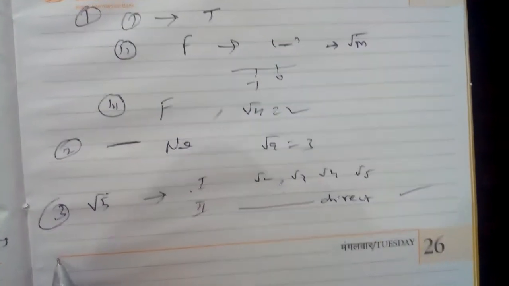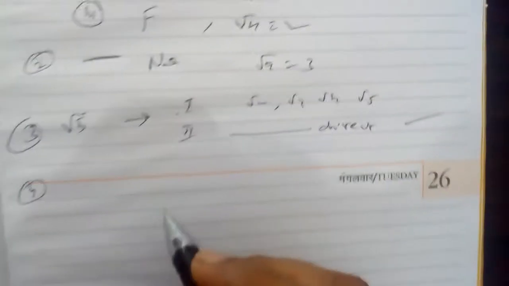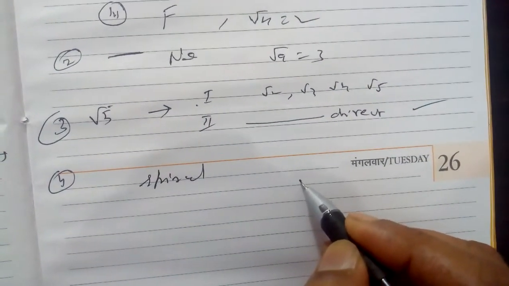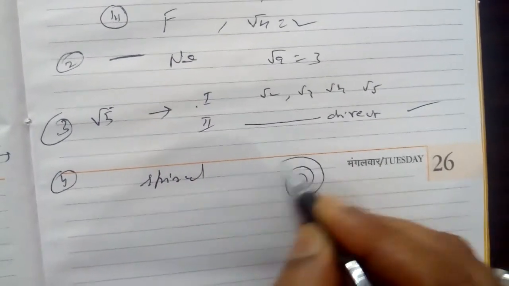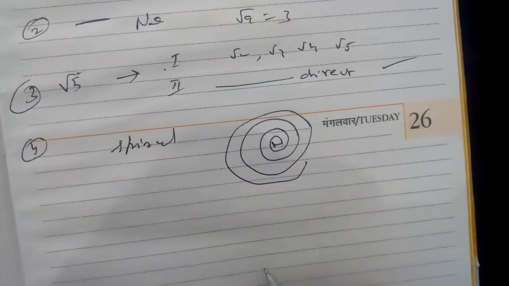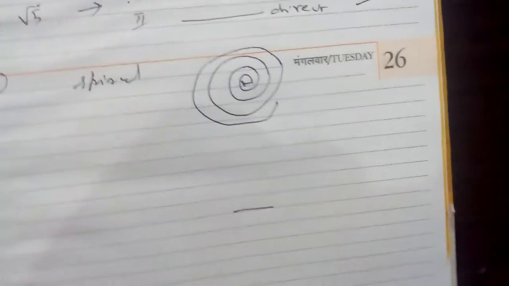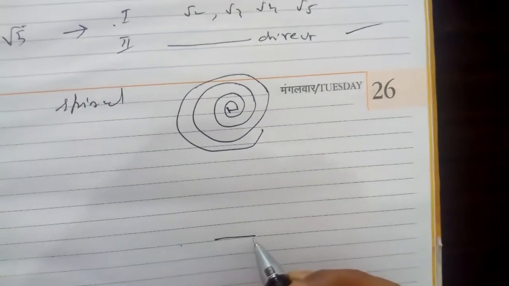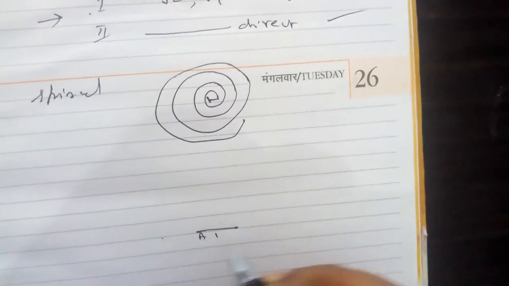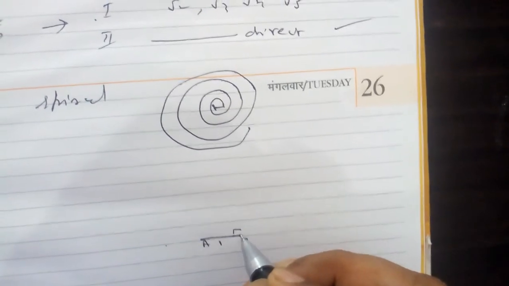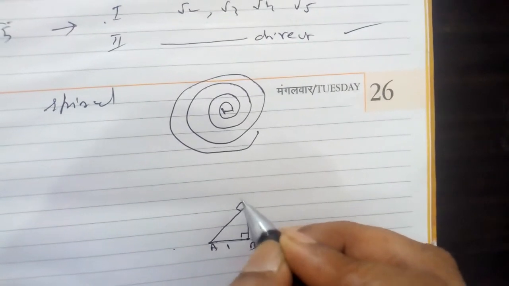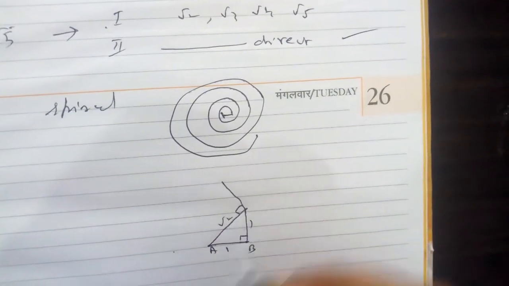Next, the fourth is given: spiral. What is a spiral? A spiral is like a spring. From one place you start with one length, and you increase. It is called a spiral. So here, square root spiral means you draw 1 unit by scale in your copy. At this you draw a 90 degree angle. Suppose it is A, it is B. You draw 90 degrees, 1 unit again. Here again you draw 1 unit and join it, and you will get root 2.